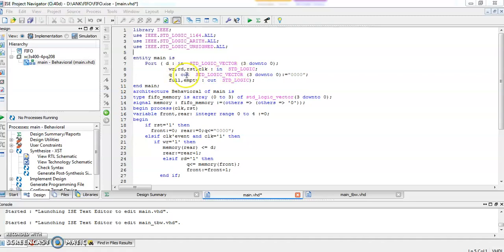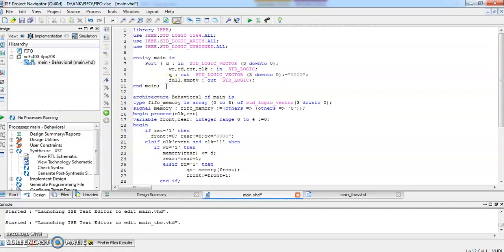Q is the output pin and the type is standard logic vector. 3 down to 0 means basically 4-bit. If we require 3-bit, then we can write 2 down to 0, and the initial value of output is 0, 0, 0, 0, meaning all the pins are logic level 0. Then full and empty are output pins, again of type standard logic. And this is the end of the entity.